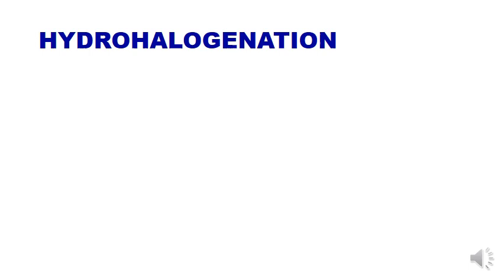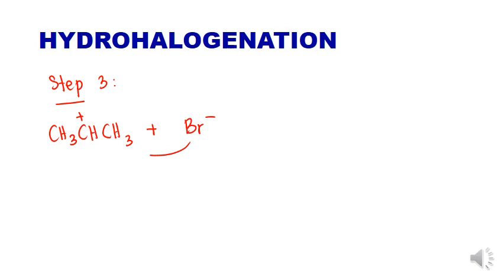The last step is to show the nucleophilic attack. Since we have produced a more stable carbocation, which is the secondary carbocation, it is easily attacked by the nucleophile Br minus. So Br minus will attack the C plus and form a bond with the carbon atom